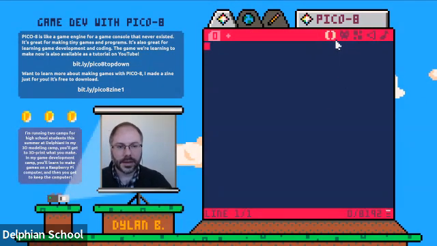Now, Pico 8 has 5 different modes that you can have it in. This is where you type in code. And this is where,